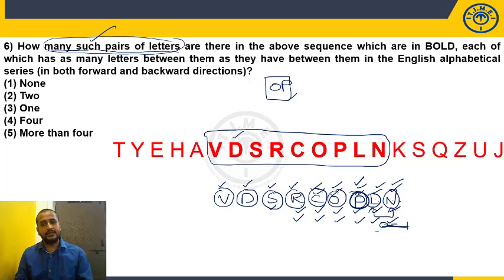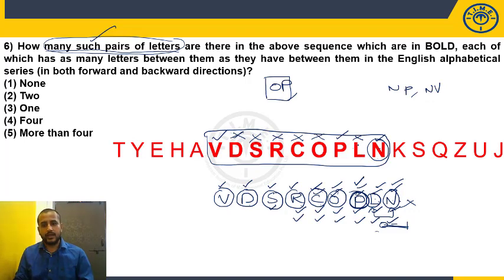But we should also check it in the backward direction. Leave this, start counting from here. N, in the backward direction. N, O, not matching. P, matching. N, O, P, Q, not matching. R, not matching. S, not matching. T, U, V, S, matching. So NP and NV. There are two pairs in the backward direction in combination with N.